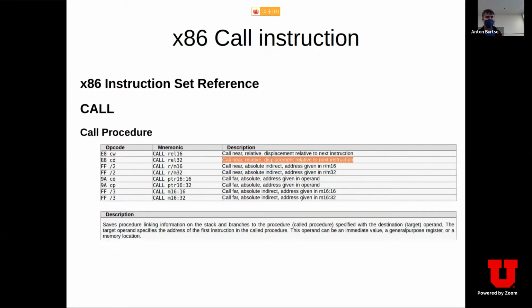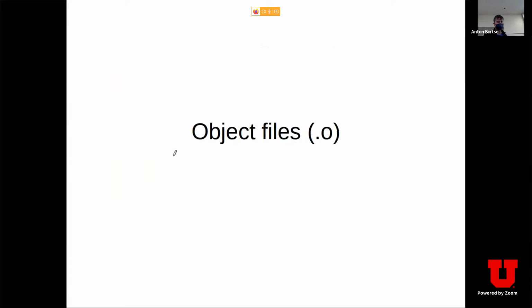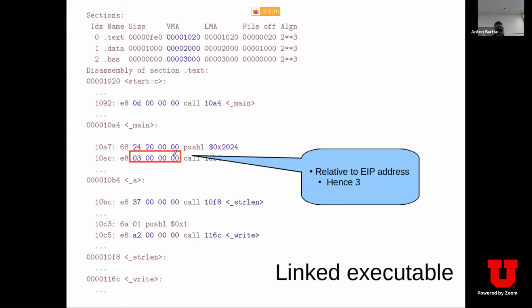So this is specifically, there are multiple ways to encode call instructions, and this is what it means. If you look up the manual for x86 instructions, you will see that there might be different encodings, but one way is to essentially say relative 32-bit address, or relative 16-byte address, or absolute. You can use a register or a memory as well, right? Just don't get surprised that there are different encodings, but again, you'll see that this is what the compiler generates. So again, relative addresses for the calls, because they are now merged and they're sitting at those addresses. Relative address for the write function, and don't forget that